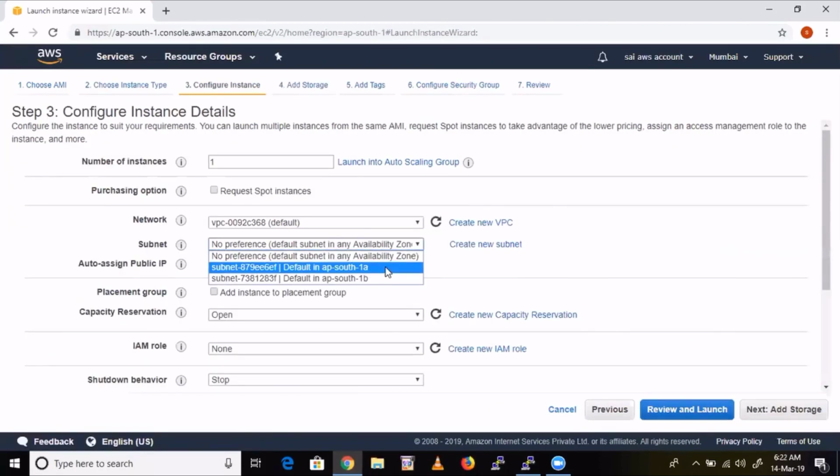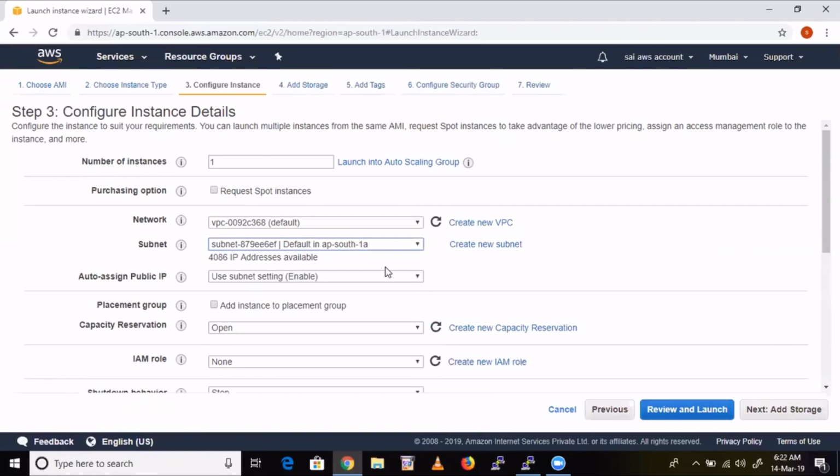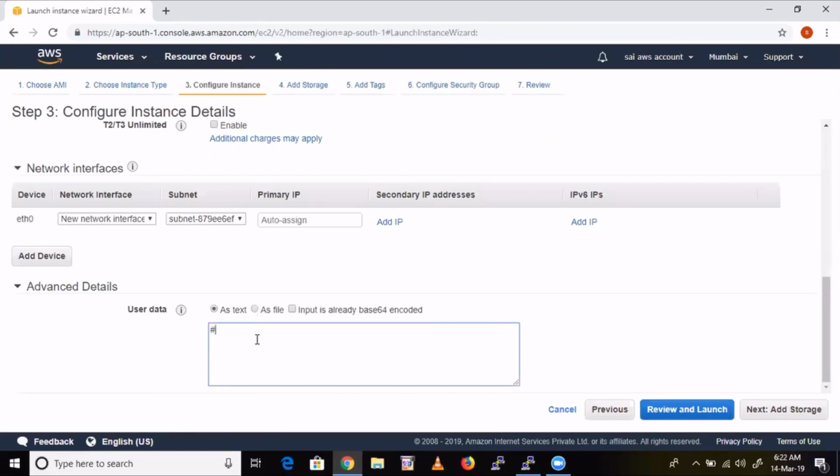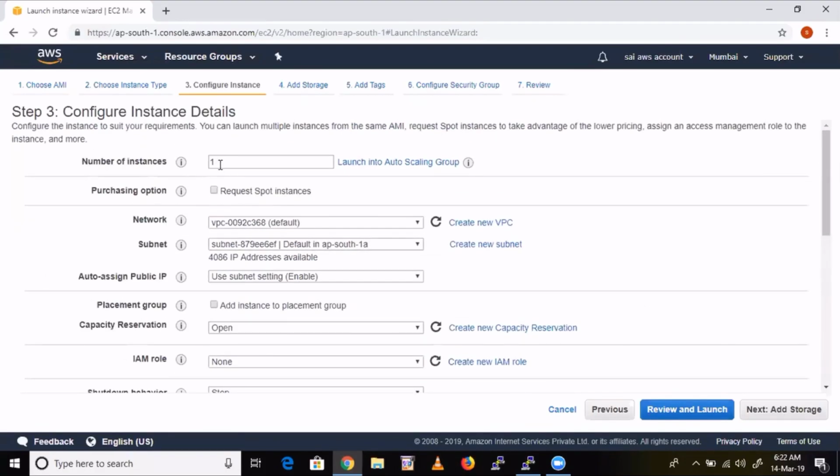Here for availability zone, I'll choose the same one, because my workstation is in the same zone. So here itself I can run these two commands, right? Hash bang /bin/bash, sudo su, yum update -y. Correct or not? Can I run these commands here, guys? Yes. So that when you launch the server, the nodes' updates will automatically be taken care of. I have to give the number 2 here.